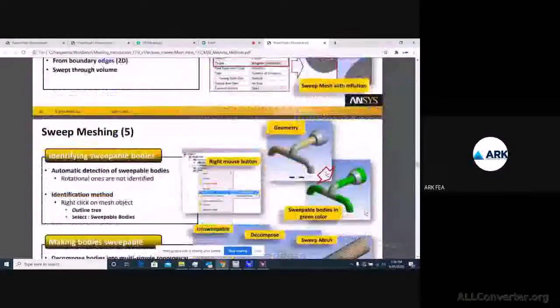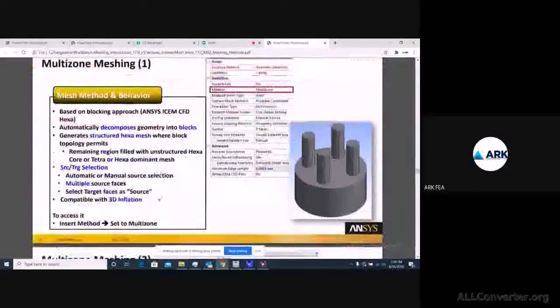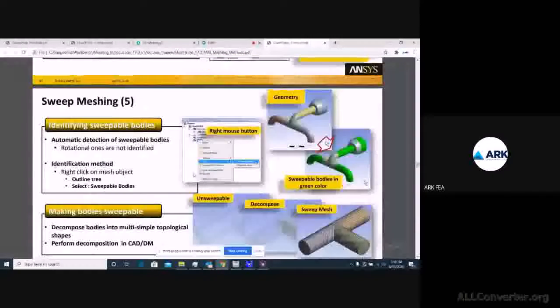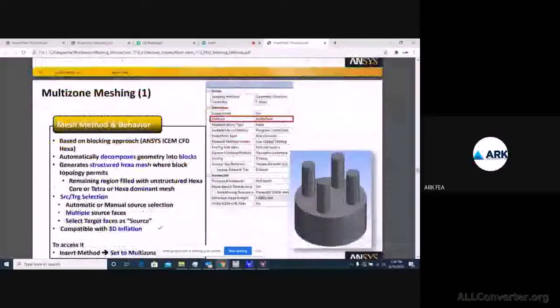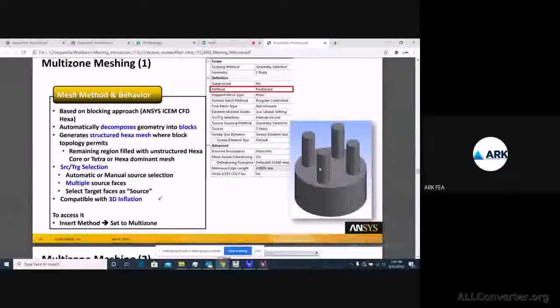So as you can see, the next method we have is for multi-zone. So we have already checked how to deal with sweepable bodies and apply mesh for that. So in this kind of geometry you can go with the multi-zone.